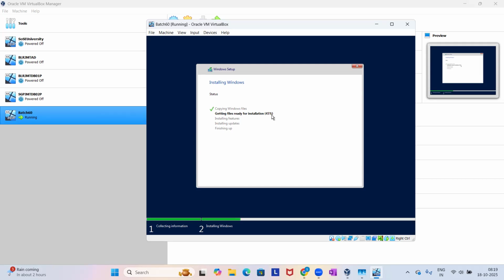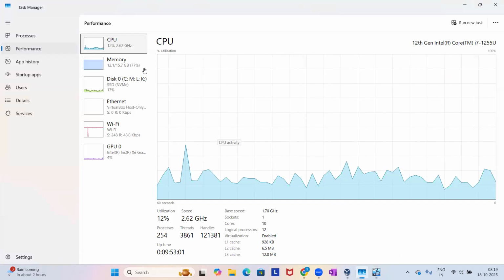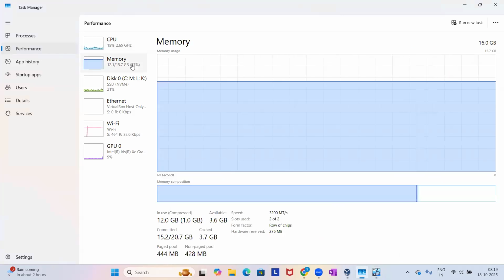No. Not possible, right? How much do you have in that? Your laptop anyhow will use some RAM, and you are allocating the reserved RAM. See, my laptop has 16 GB. Out of 16, my laptop is using some memory and I allocated 3 GB to my virtual machine. So now the total utilization is, see,